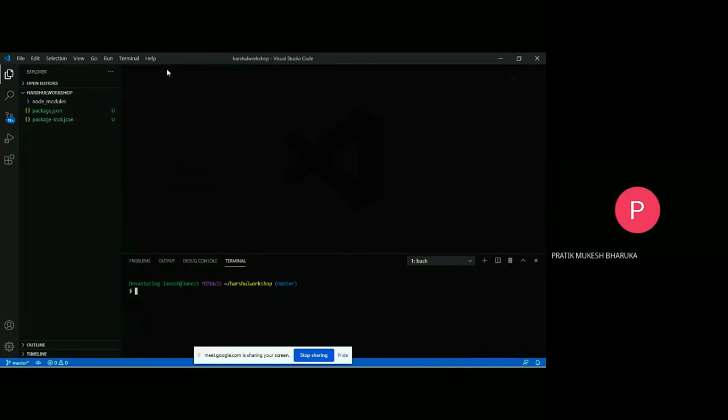For creating a new file, you can go to where Harshul Workshop is written. Just hover over it, and don't click. The first icon is for new file. The second icon is for new folder. So click on new file and type the file name index.js.